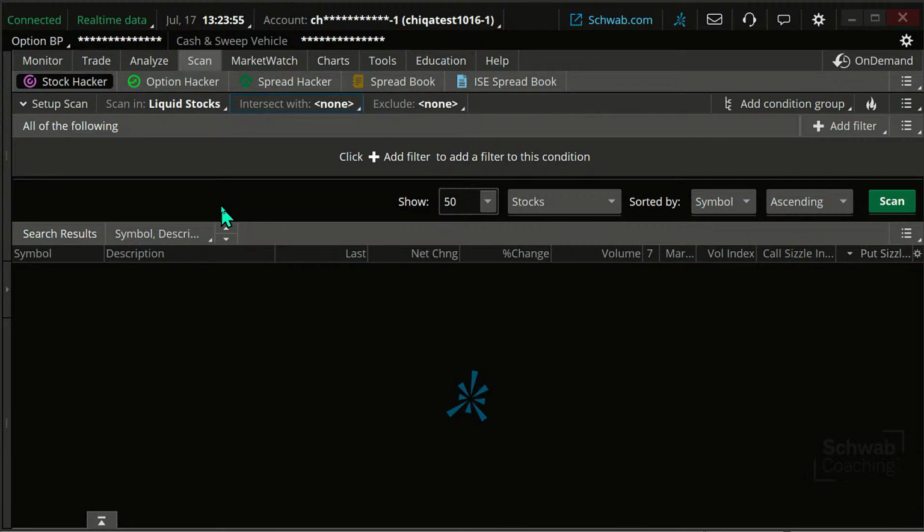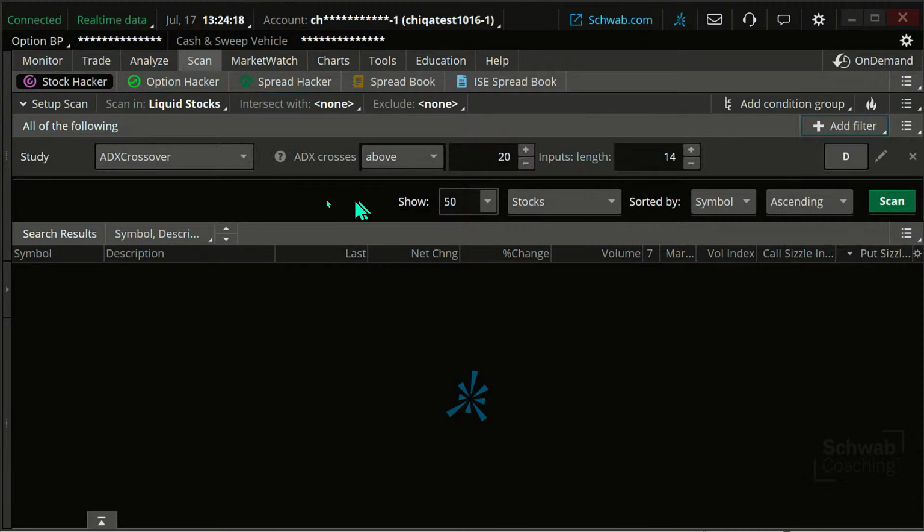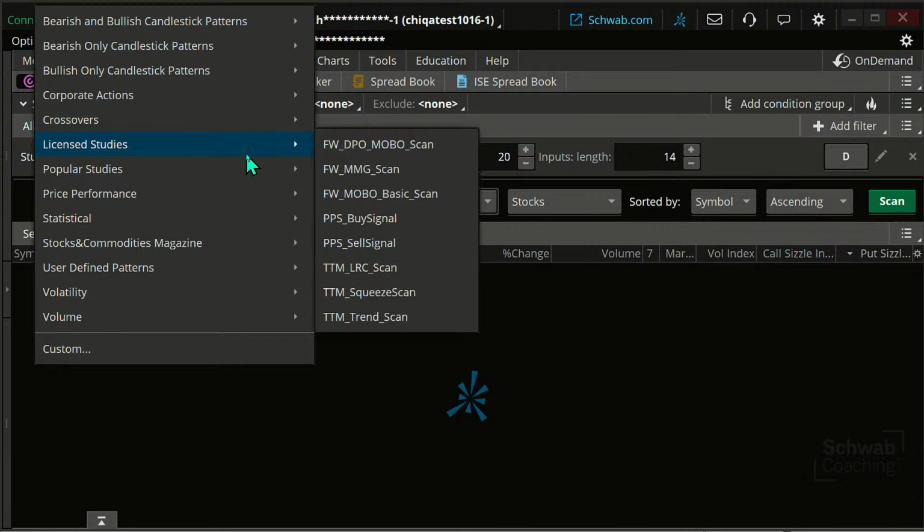But let's build this scan here, okay? So let's do kind of an easier one to start, and then we'll go and we'll customize. So I'm going to add a filter. I'm just going to click on Add Filter in the upper right. I'm going to go to Study. Okay, we're talking about a study here. Now, when I click on Study, it comes up with ADX crossover. Always, it's just alphabetical. It's just the first one on the list. Okay, so I click on this, and it kind of sorts these.